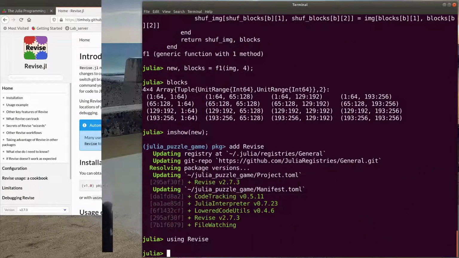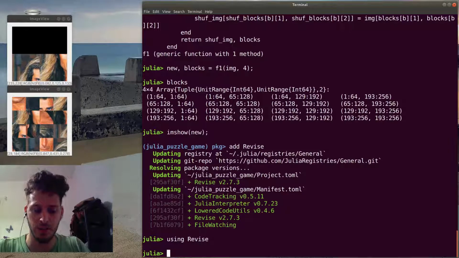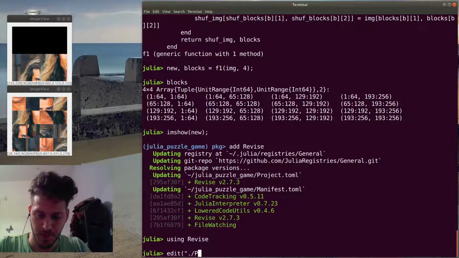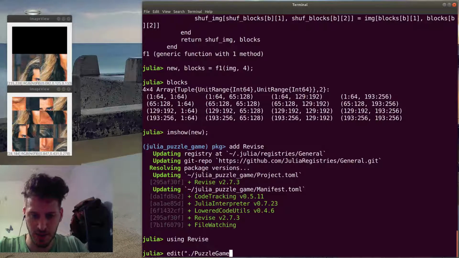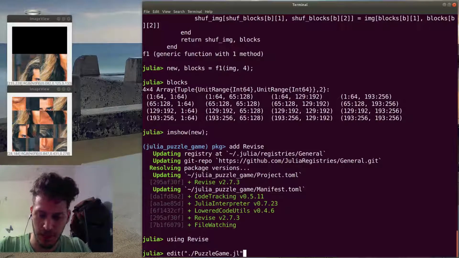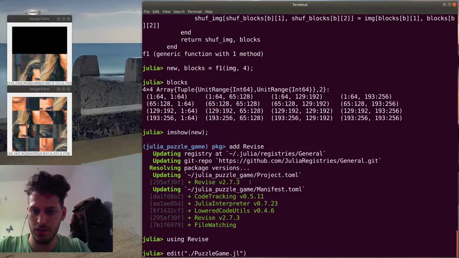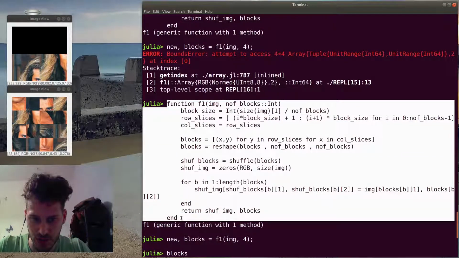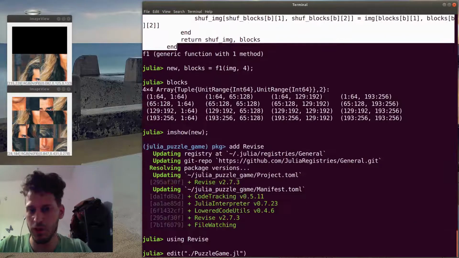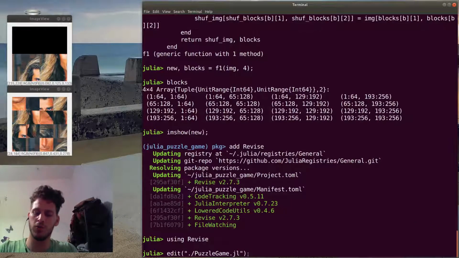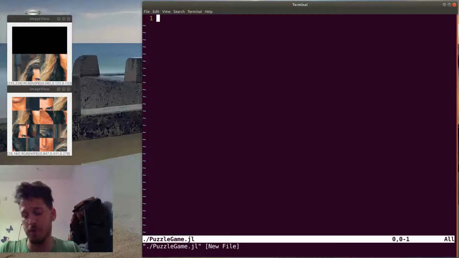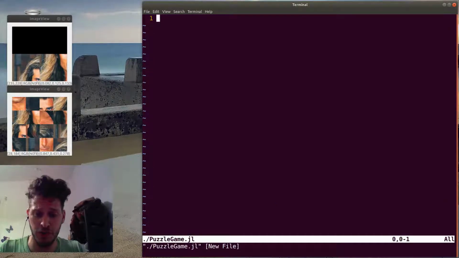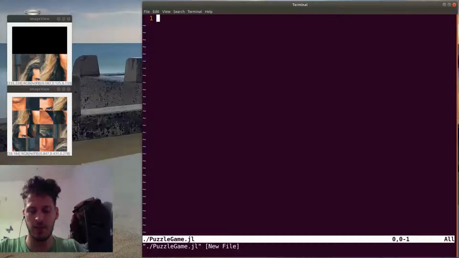Next up, let's create our module in a file. So I'll open a file called puzzlegame.jl, and just before I'm opening it, let's copy the function I want. This is the correct version, so let's copy what we defined. So edit will use the environment variable for editor and open your favorite editor. For me it's Vim, and let's